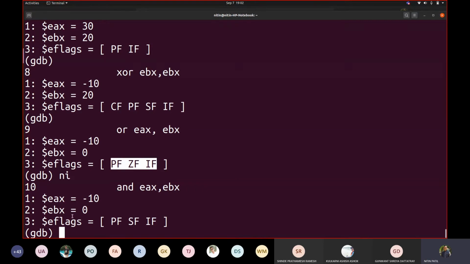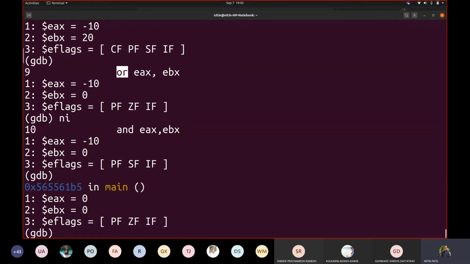Then we got sign flag set. Now we have AND. AND also made the change, and then EAX contents were made 0. Correct, and that's how this flag register will get manipulated.